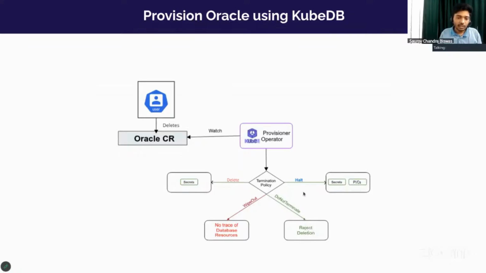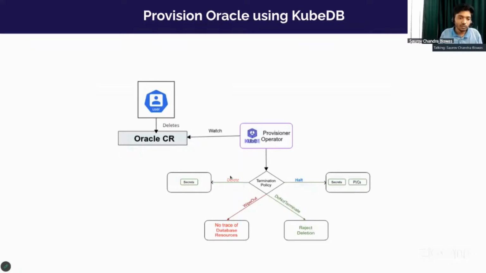And then there is halt. So what this means is if you delete your database, we will delete all the particular resources except the secrets and persistent volumes. Okay, so what is the use case for this? Suppose for any reason you want to delete your custom resource for the database that you have created, but you want to persist the data so that you can later come back and get the same resource again with the existing database data, I mean PVC. Okay, and also the same credentials. So this can be done if you just set the deletion policy to halt,